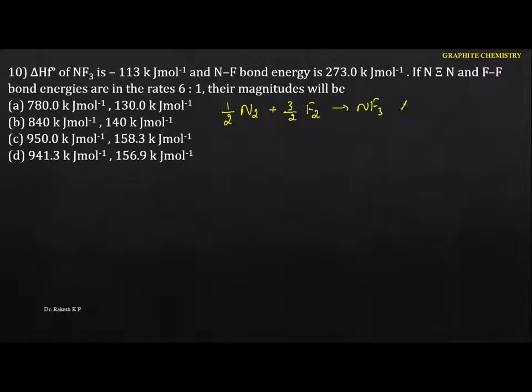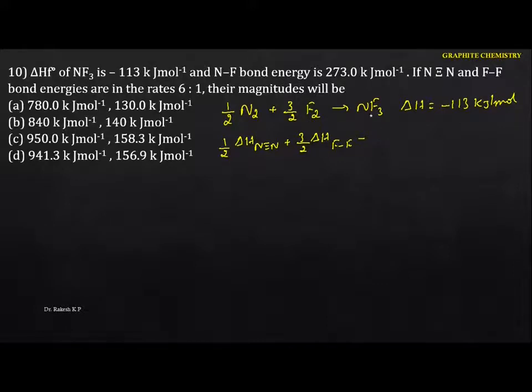Okay, so this is the enthalpy of formation, that value that becomes the minus 113 kilojoule per mole. Similarly, for the formation, if we're talking about this concept here, they're given the bond here. That is half into delta H of the nitrogen to nitrogen bond, plus 3/2 delta H of the fluorine to fluorine bond. Minus, that means you are talking about the enthalpy of formation of this one, that is the reactants minus the products here.